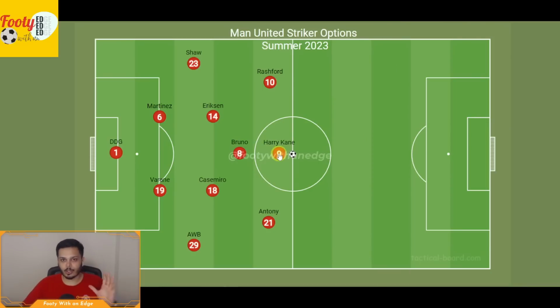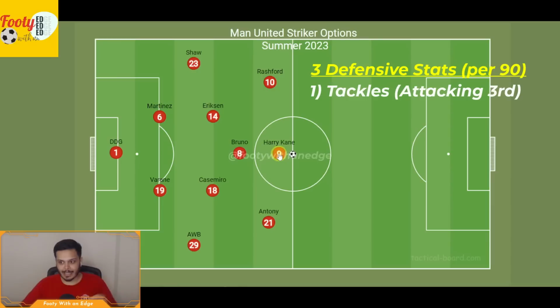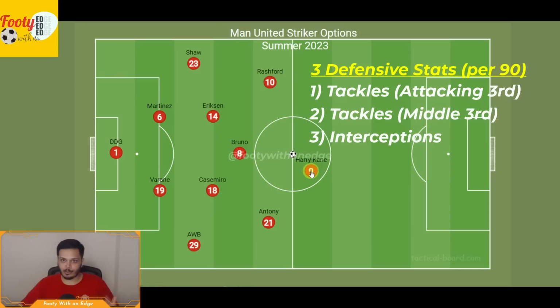So defensively, we're going to look at 3 stats in particular to get an understanding of a player's defensive contributions. Tackles won in the attacking third, so in this area of the pitch, tackles won in the middle third, so this area of the pitch, and interceptions. Combined, these should give us an idea of how often these players attempt to win the ball back out of